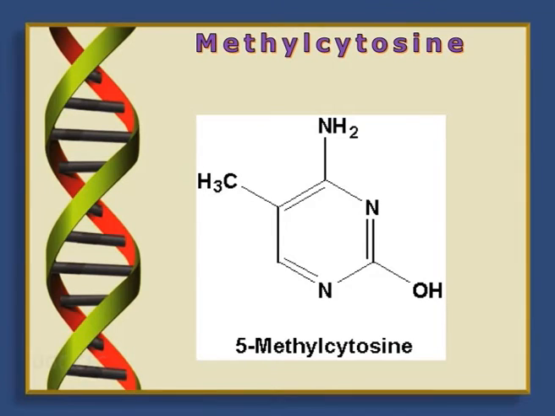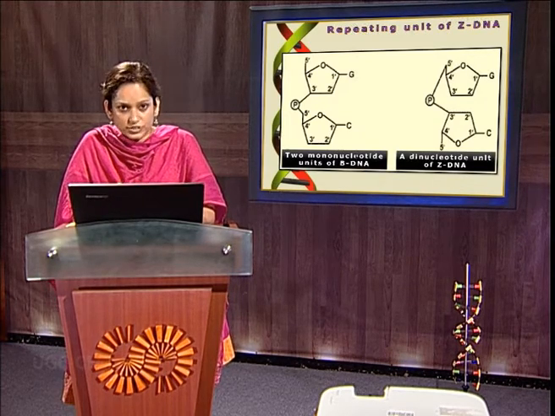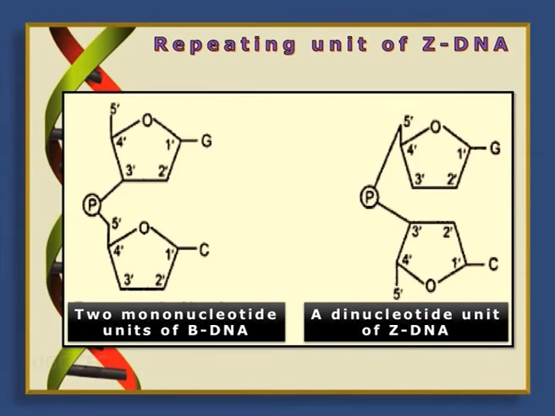left-handedness of the Z DNA. Another distinguishing feature which promotes the switch from B to Z DNA is the presence of 5-methylcytosine. The presence of 5-methylcytosine promotes the formation of Z DNA as the methyl group produces a stabilizing effect on the Z DNA. Another distinguishing feature is that Z DNA consists of dinucleotide repeats, since the alternating nucleotides here assume different conformations with respect to the mononucleotide found in A and B DNA.